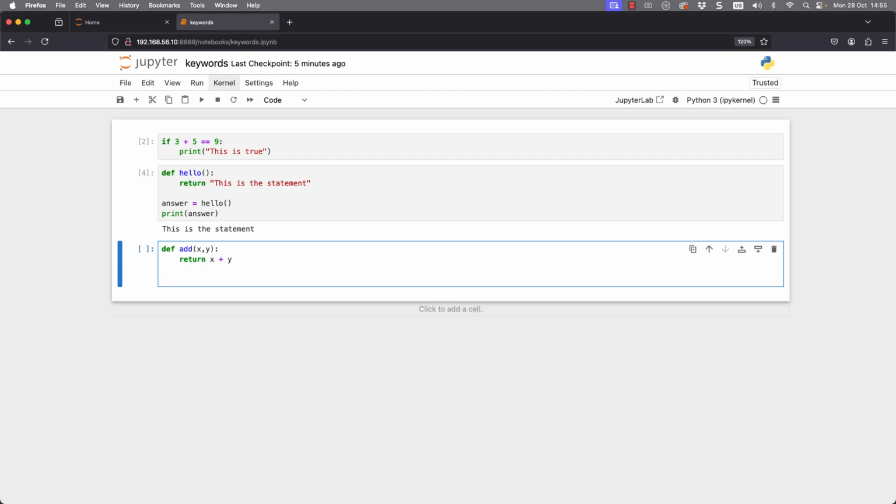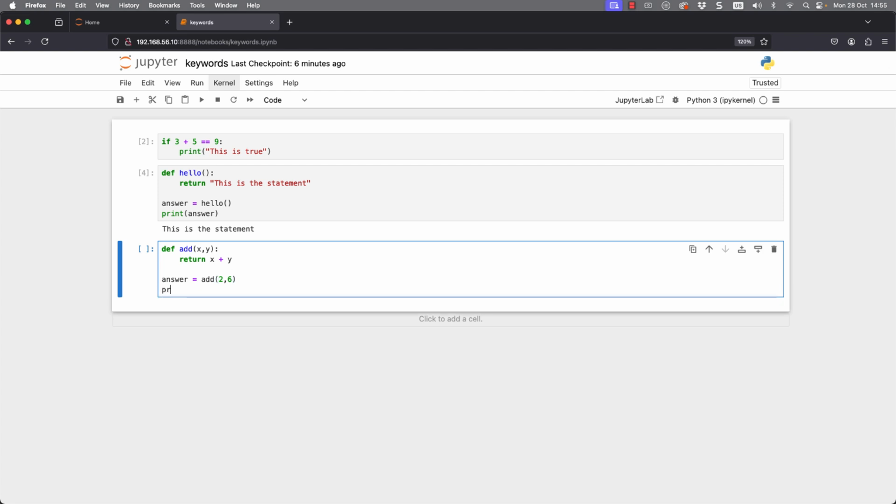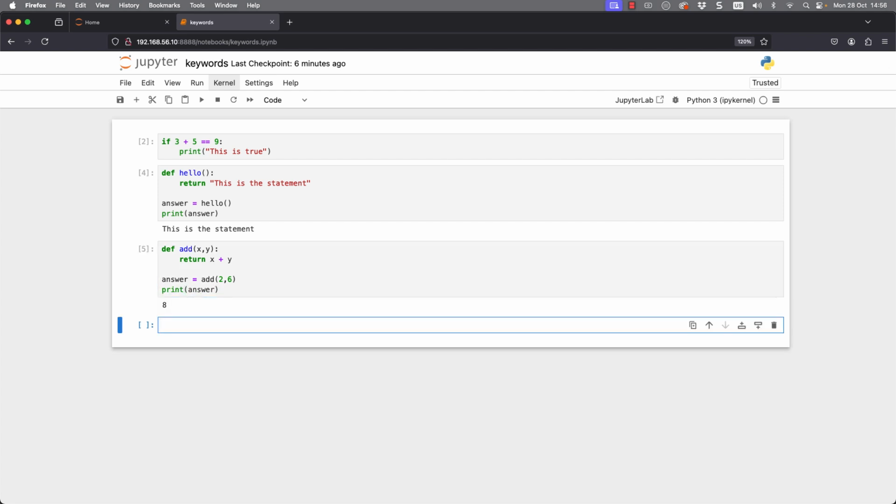We can go through and assign to our answer variable again. So we can have answer equals, and then we can go through to our add function and choose two numbers, so 2, 6. So we're going to add 2 and 6 together, and that's going to be populating the answer variable. We can then go through and print our answer variable. And now when we use shift and enter, we can see then that we get the 8. I know we could have done the addition ourselves, but we're looking then at a valid use of the return